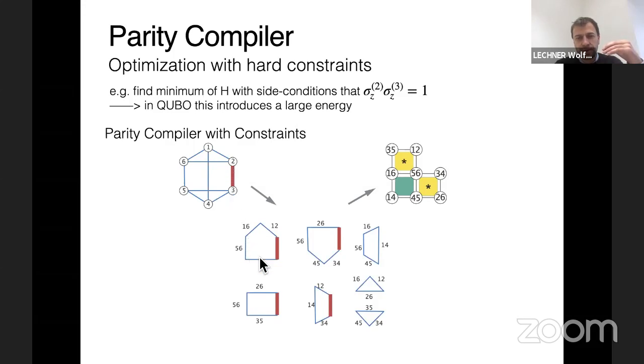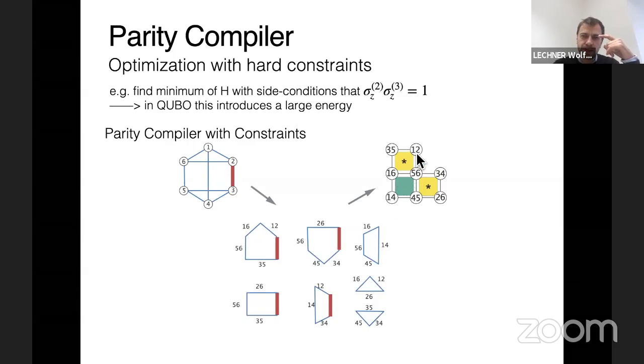So a typical example would be this one. We would take this form that looks like a house, which has the constraint in it. Now, if you think again about the constraint construction, you multiply all the edge variables. So you have a product of 1,2 times 1,6, 1,5, 5,6, 3,4, 2,3. But now for 2,3 we want to enforce that it's +1, which means in our product, this just falls out. And this means we can actually construct a constraint out of a loop of 5, and we construct